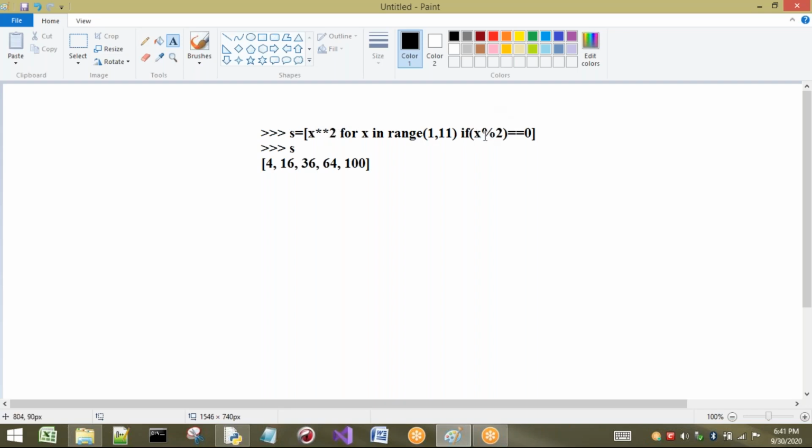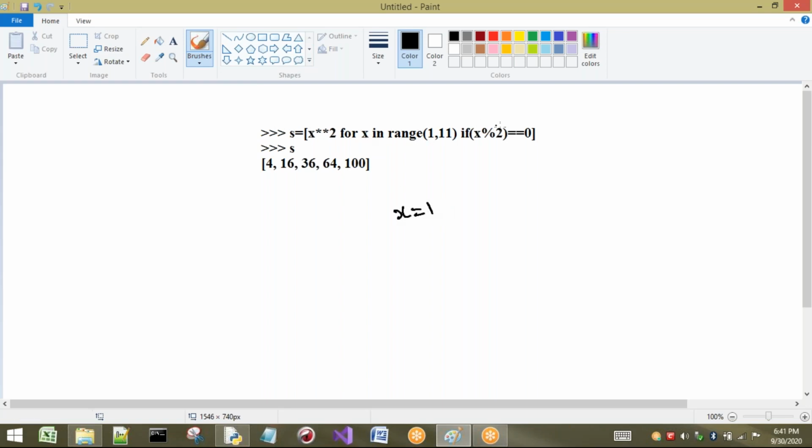But if I write some condition here, let us see what happens. First, for x in range of 1 comma 10, what is the first value in x? The X value first will be 1.